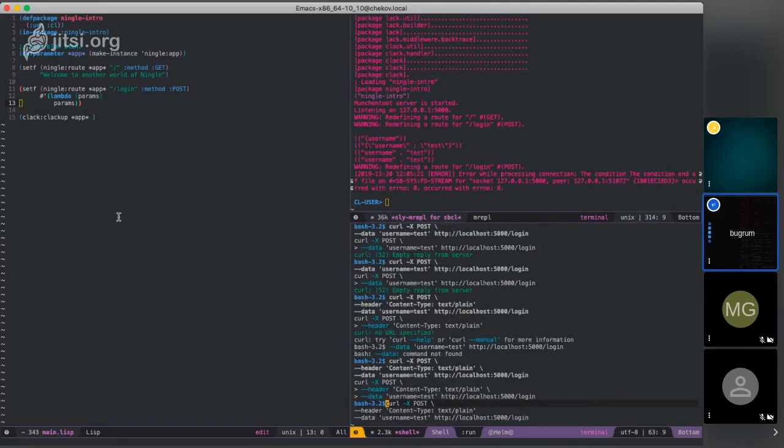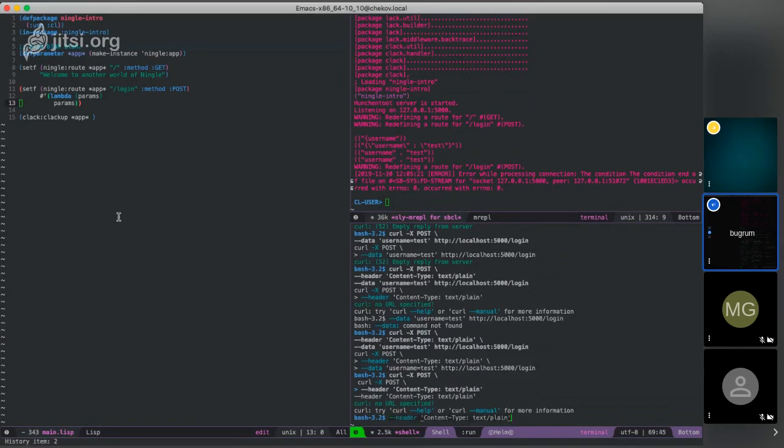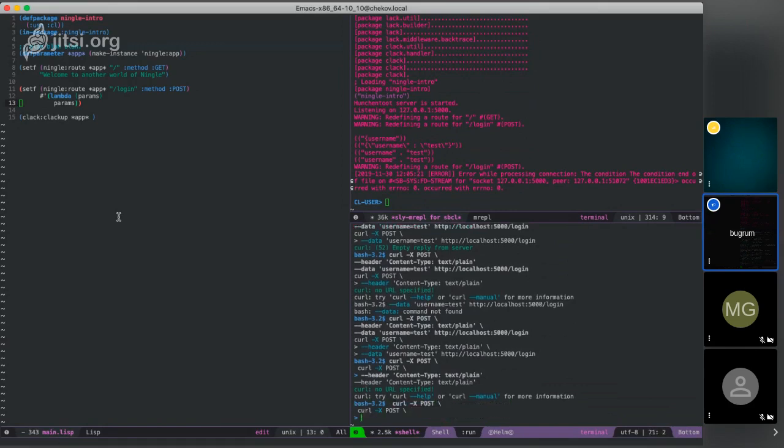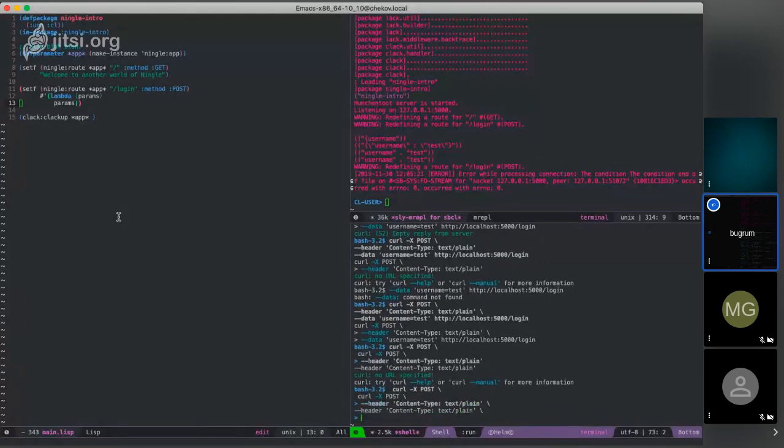Okay, let me rewrite this entire thing here. Dash post, header, type text/plain. Sorry, got to do this over again. Type data. And